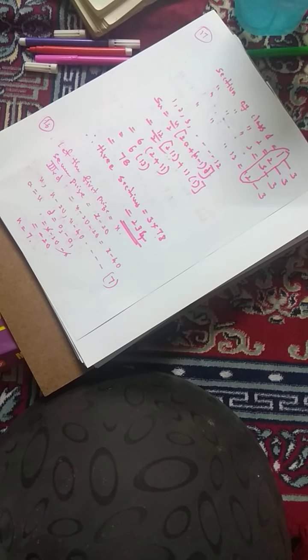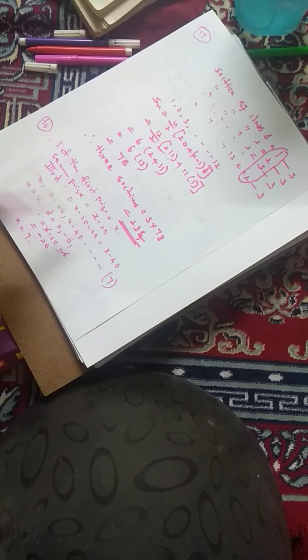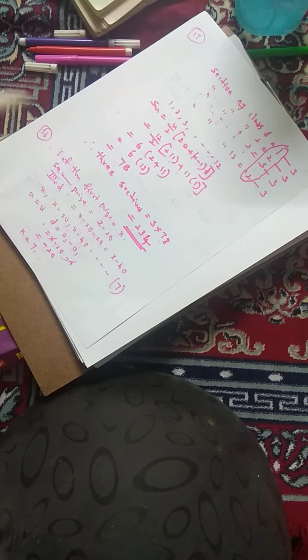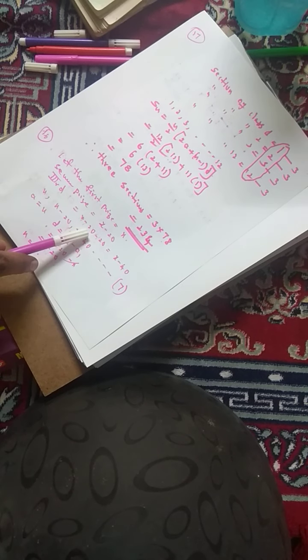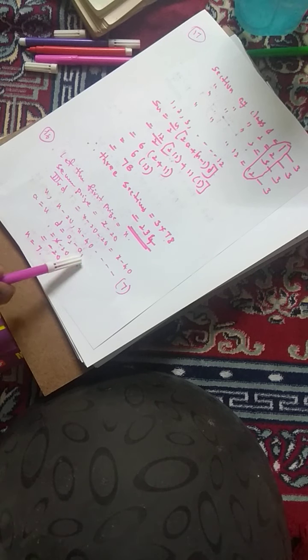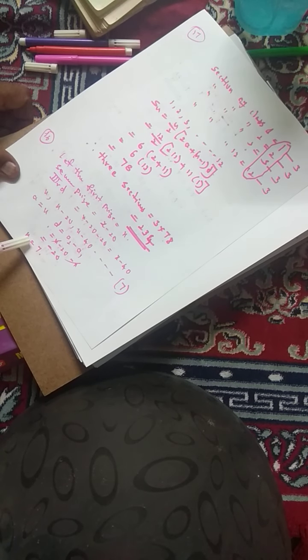So first what I did, Nana, let the first prize be x, and the second prize will be 20 rupees less than the first prize, that's why it is x minus 20. And the third prize is 20 rupees less than the second prize, that will be x minus 20 and minus 20, you will get x minus 40. So if I write all the values of these prizes in a row, that is in AP, where a is the first term, that is x, and d is equal to a2 minus a1.